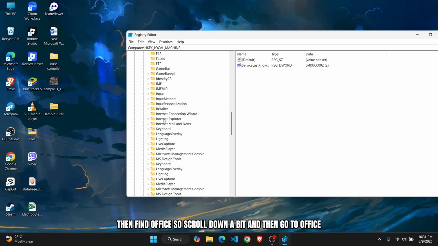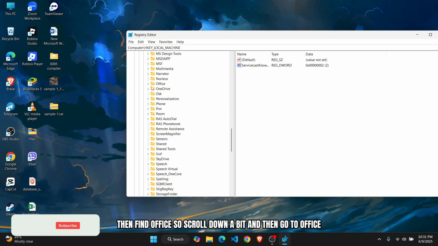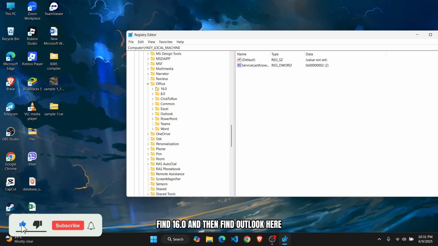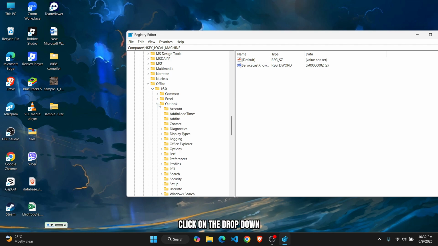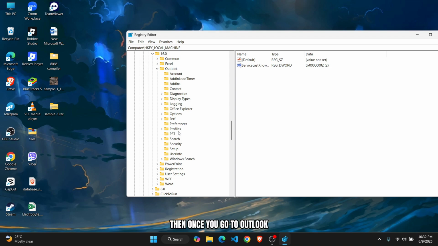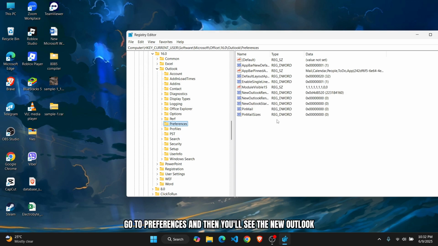Then find Office. So scroll down a bit and then go to Office. Find 16.0, then find Outlook here. Click on the drop down. Then once you go to Outlook, go to Preferences, and then you'll see the